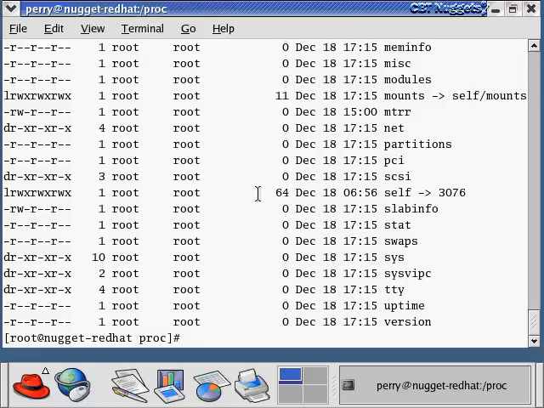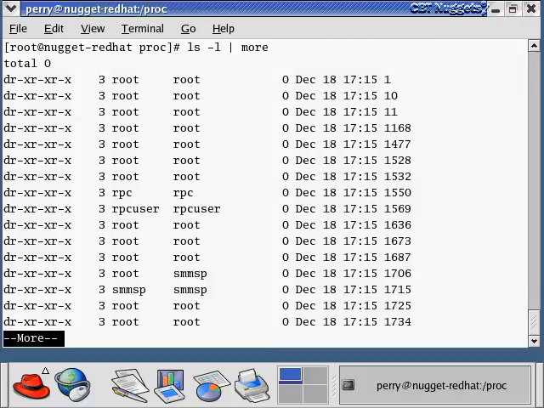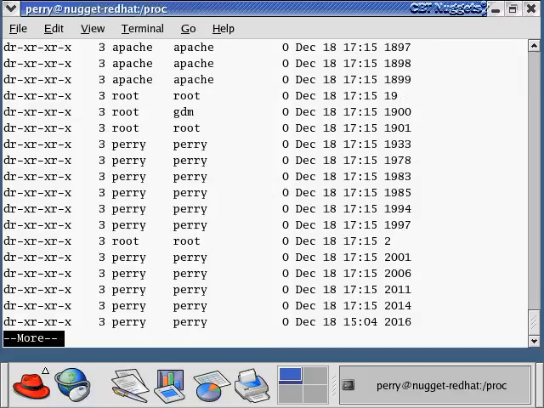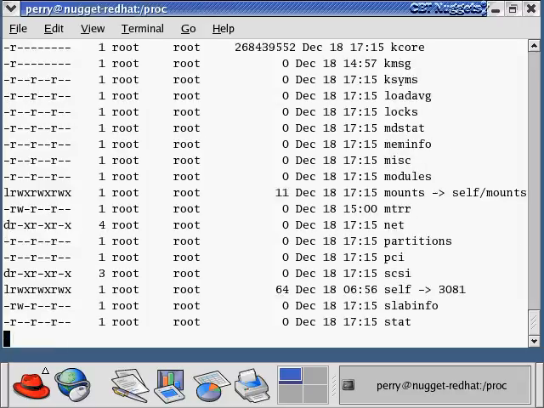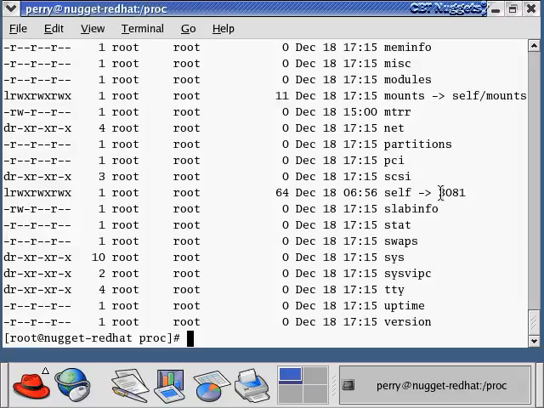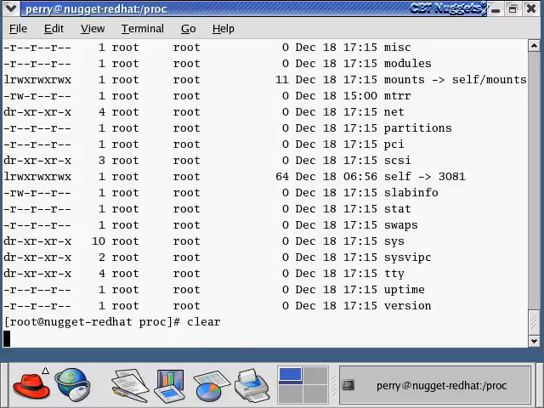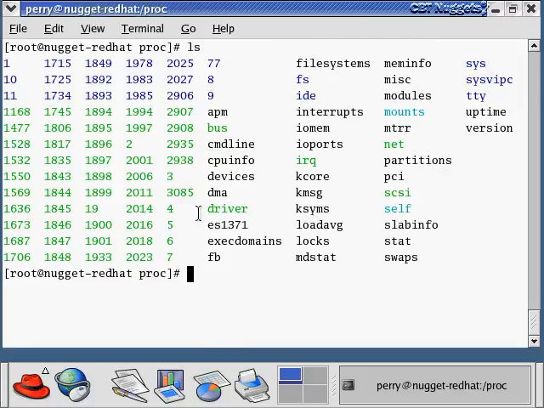Okay, now let's do another ls -l here and pipe that through more, and let's page down, and you'll see the exact same thing again, but when we get down to self this time, now self is pointing to 3081. Okay, so what's going on here? Well, all of these numbers here, all these things are actually processes on your system. And self is a special symbolic link that points to the process that is currently running right now on the